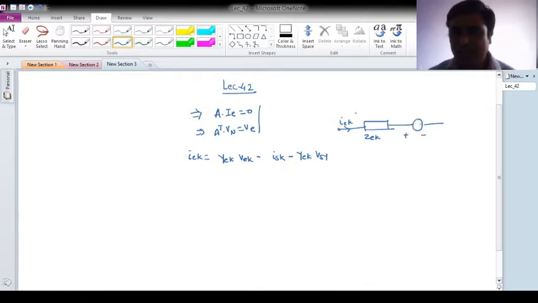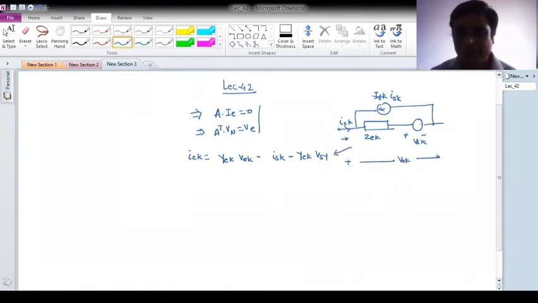Also there is a current source in parallel with it; let me call this V_SK, this is I_SK, and I assume this is the direction. So this is opposing to my element current direction, remember. And the voltage across this was V_K,